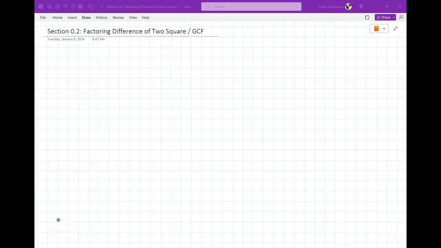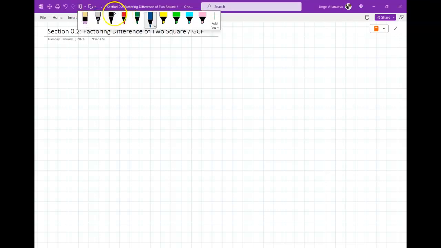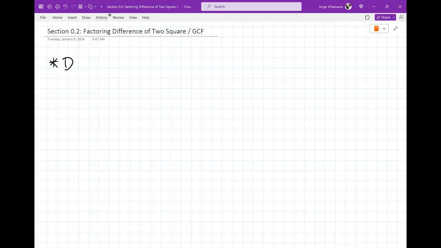Okay, so for day 2 of quick reviews here, we're going to factor difference of two squares and the GCF. So the difference of two squares, we'll start with that. Okay, so definition, just so you guys can remember it in case you don't. But for the difference of two squares,